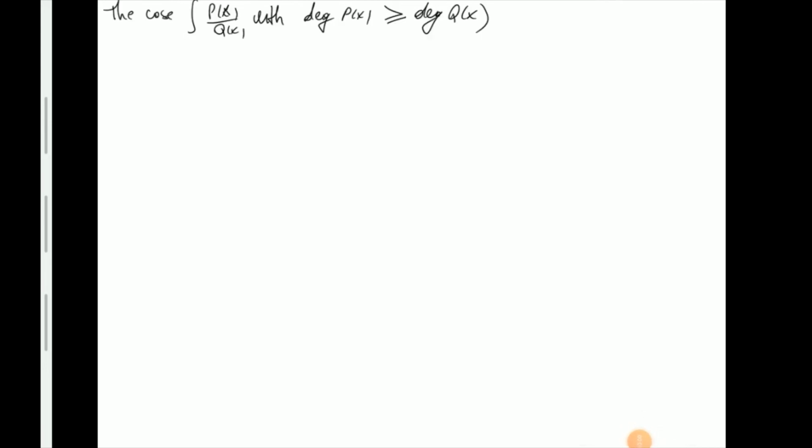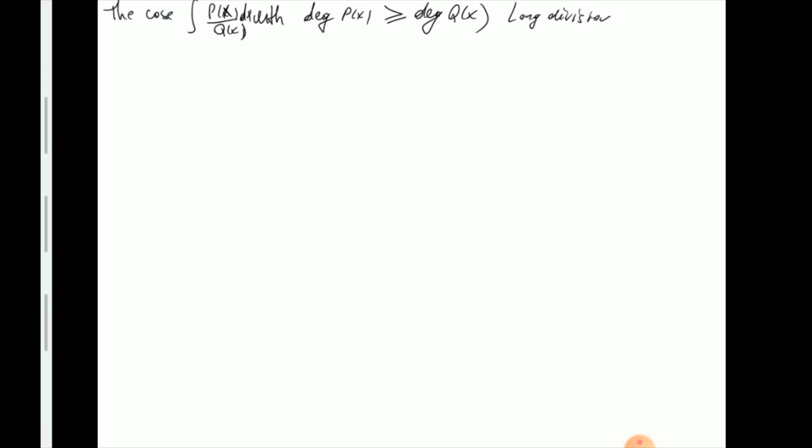All right, so finally the case of a rational fraction, again let's call it p of x over q of x, but in which the degree of p of x is greater than or equal to the degree of q of x. Remember, so far we require that the degree on the numerator was strictly less than that of the denominator. So what if it's greater than or equal to the degree of the bottom? Well, this is basically the major theorem from algebra that comes from the long division, which states that if I do the long division, and if you forget how to do the algorithm, I'll show you immediately, then one can write,